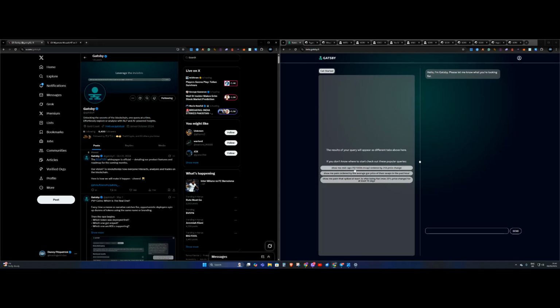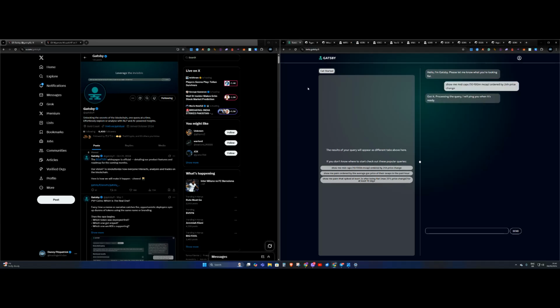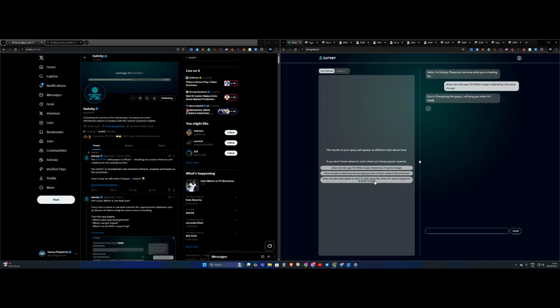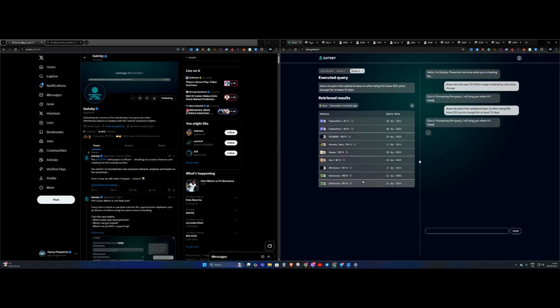It has a few suggested queries you can put in here. You can click on them and see what these come up with. Sometimes it can take a few seconds to process your query, as we are going to see as I do another few examples. But you can click on some of these suggested examples here, but we are going to get looking into our own ones, based on